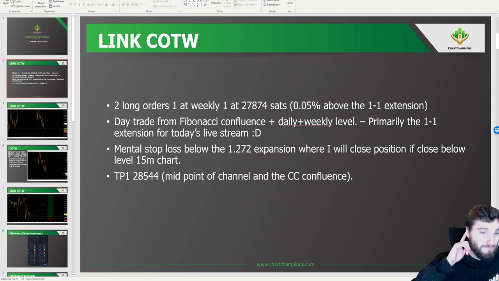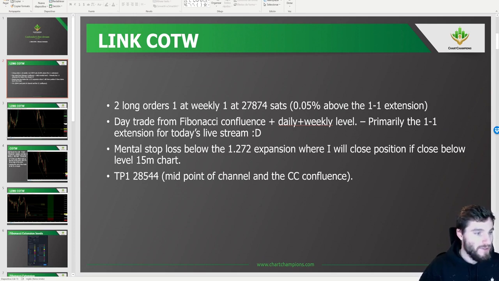Again, this is where you need to be a little bit aware of the coins that you're trading. I'll cover some examples on link, but link really likes to hit the one-to-one extension and find really nice support on and around it before moving up. So this was a slight front run of that, but I'll go over the Fibonacci confluences that we had here, because there were like 8 confluences.